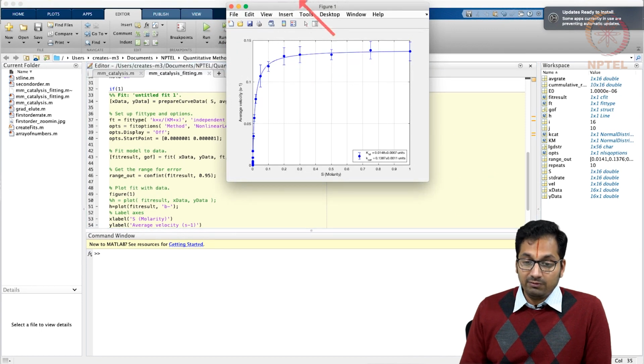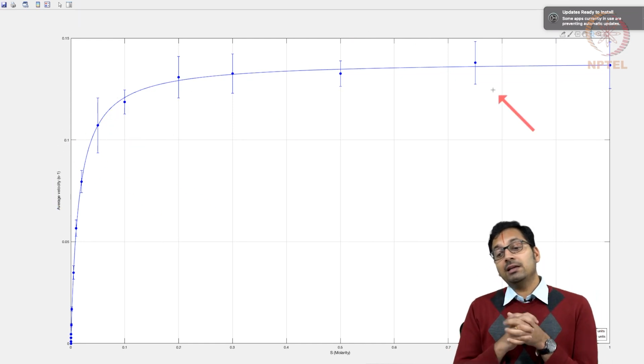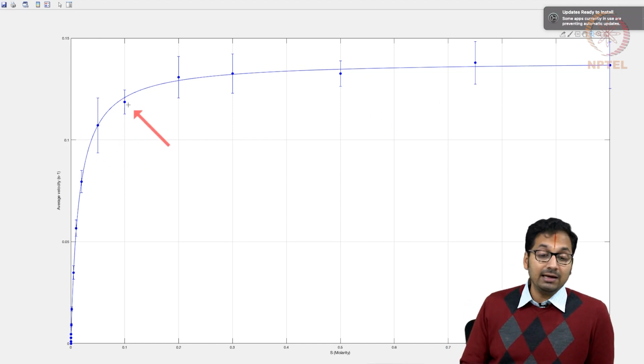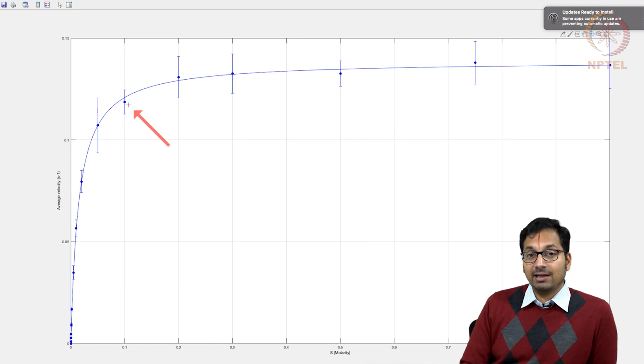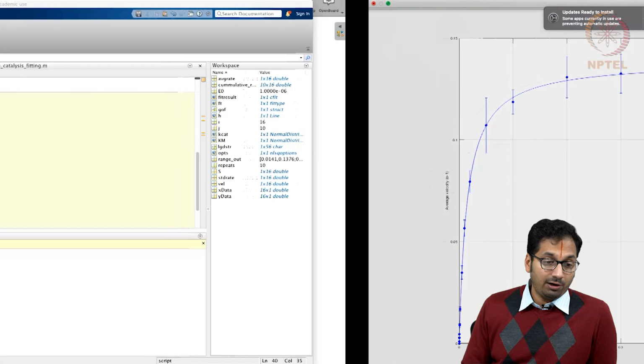Now when we repeat it for the second time, unlike the last time, this time all the data points and the errors nicely fall. Last time this was the data point that was problematic. So this clearly illustrates the effect that when a person repeats the experiment multiple times, the true value does come out in the average and standard deviation, and that's why repeats matter a lot.